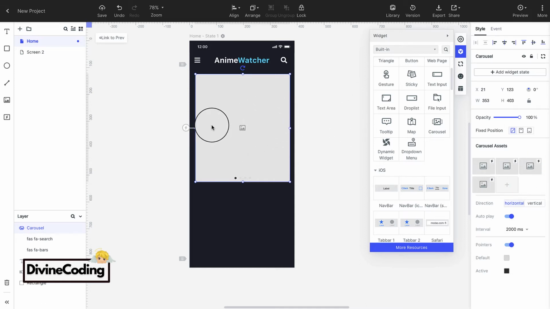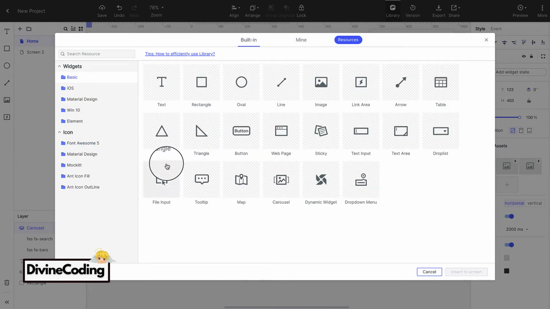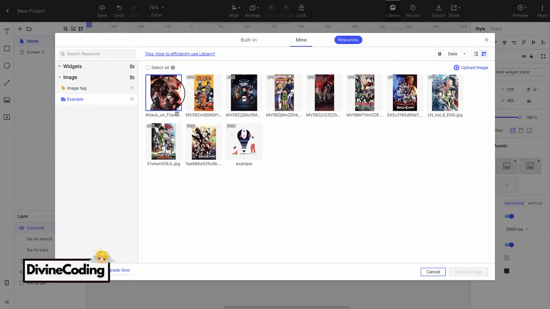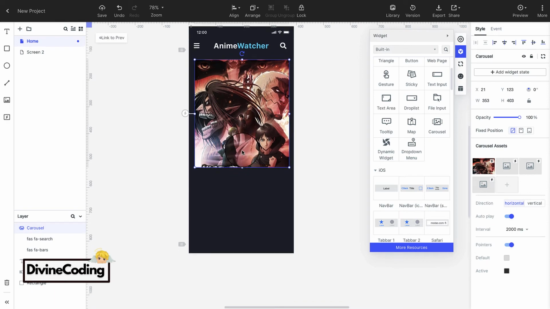So now let's upload our images over here. Here you can either upload your file or you can use upload resource file. Let me quickly explain this. My section is where you can upload all the images that you will need for this particular design. In my case I have already uploaded so many images over here, and if you go in built-in, here are the same widgets and icons available. So I can simply upload my image from here. Here you can see we have got our image, and now we will fix it.